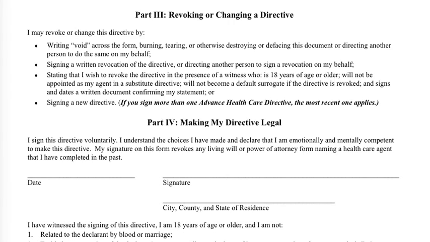Part 3 gives detailed instructions regarding how to revoke or change the directive. I generally recommend performing options 1 and 4 together, so you would destroy your first document and write a new one. To make sure the new form is effective, it's best practice to notify your agents, family care physician, and hospital. I know that Intermountain Healthcare will let you submit your directive for their database, since it's fairly useless for your doctor if the directive is in your safe at home.